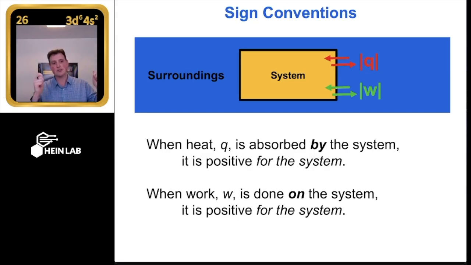Heat is absorbed by the surroundings. What's the value of heat in that example? Heat is absorbed by the surroundings. Then with respect to the system, it must be negative. Exactly. If the work is done on the system, what does that sound like? Work was done on the system. That means the outside is pushing in.